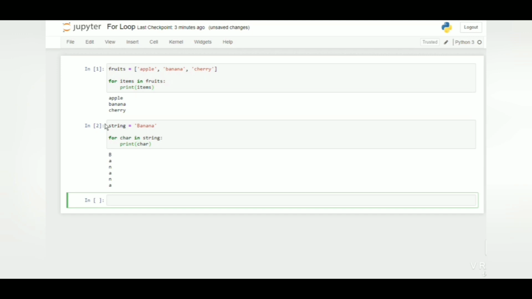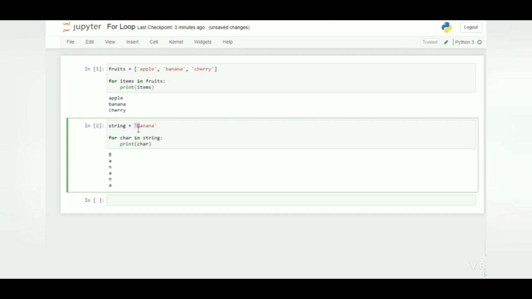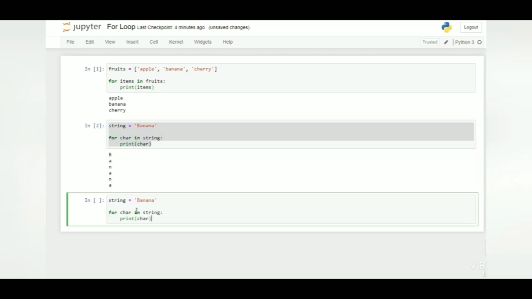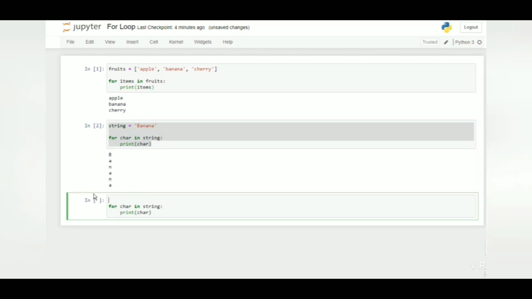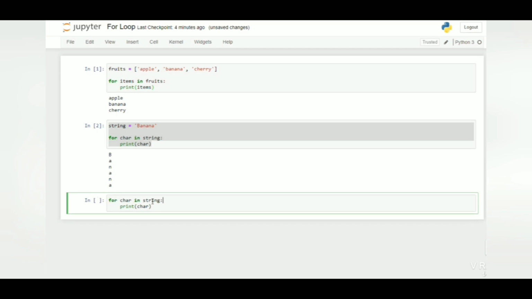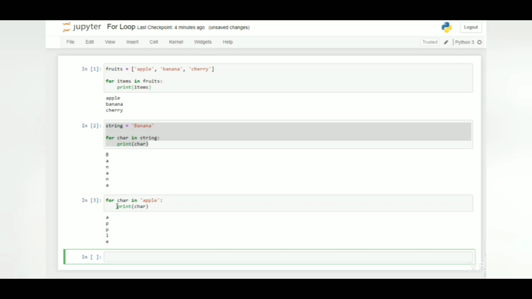So let's run this. We can see B-A-N-A-N-A. It scans B first, then A, then N, then A, then N, then A. We can also run this code in this way.